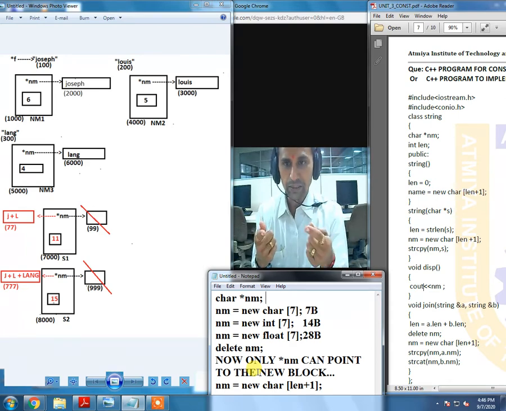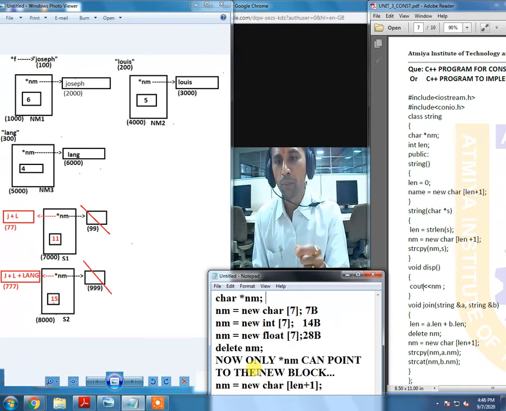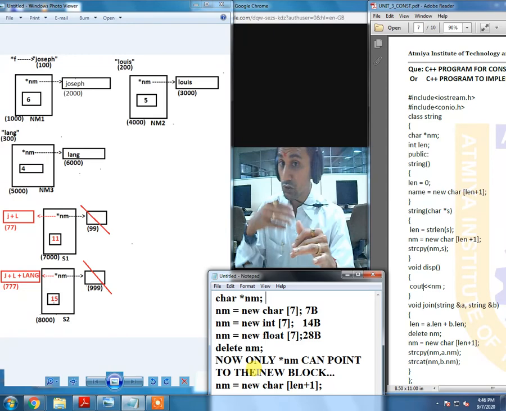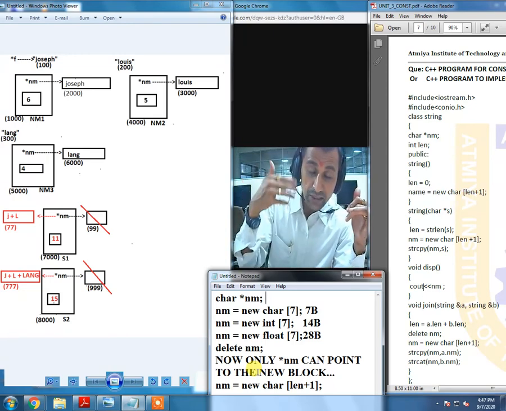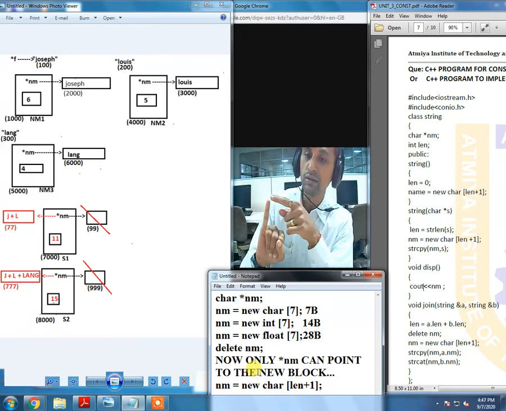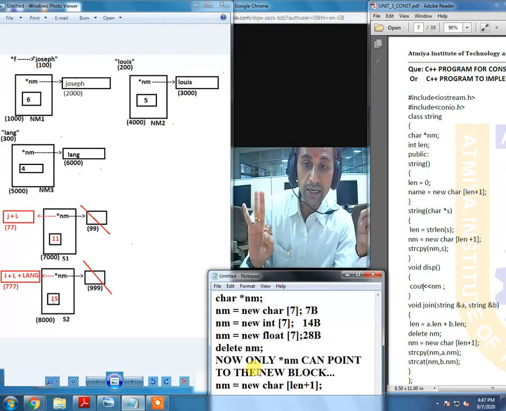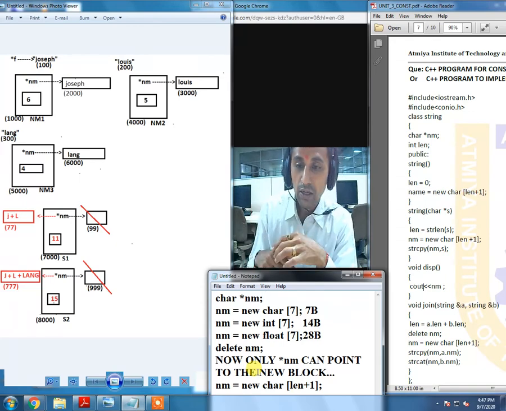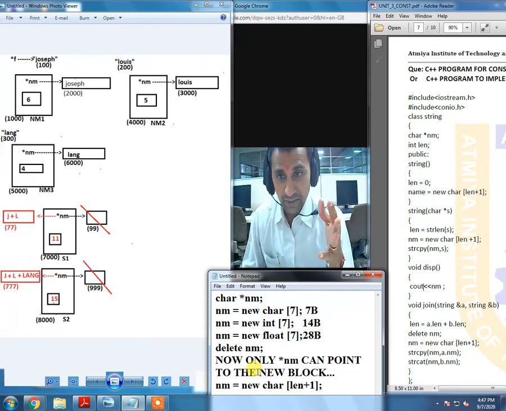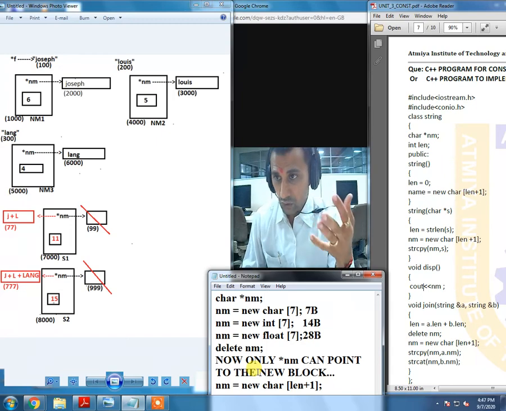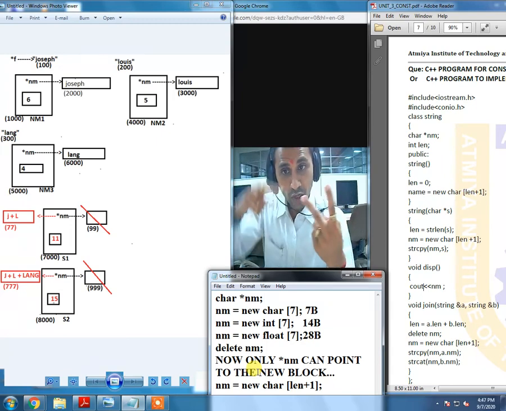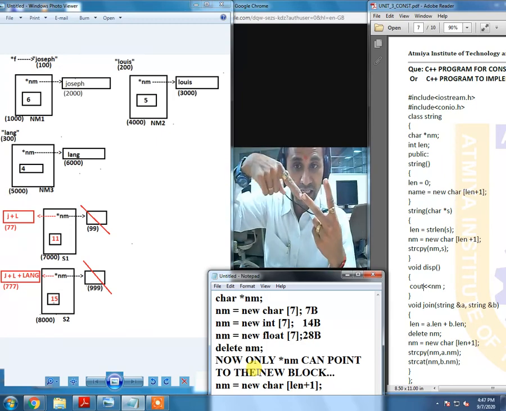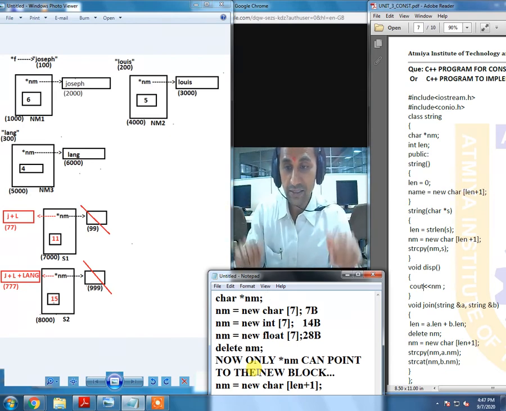In case of C++, we are going to do it with the help of the operators new and delete. But in case of C language, there were functions for the same task. For example, there were the functions malloc, calloc, realloc, and to release the content, a function we were using was free. Okay, in case of C++, like we just talked about, two operators: new to allocate the memory and delete to release the content.